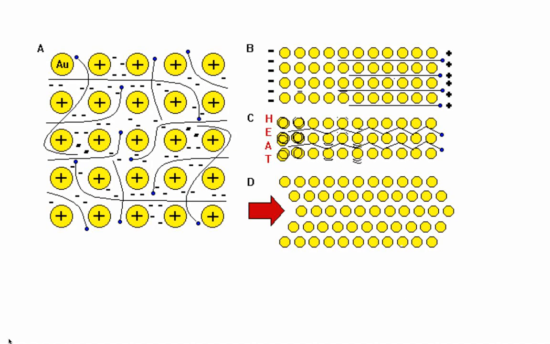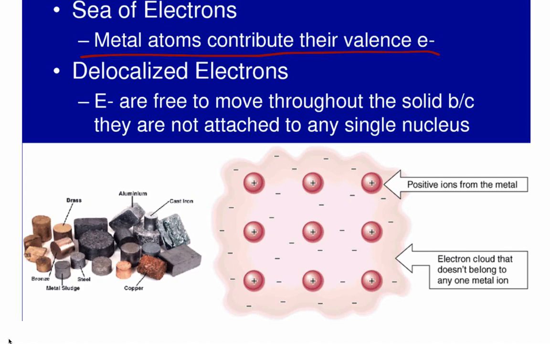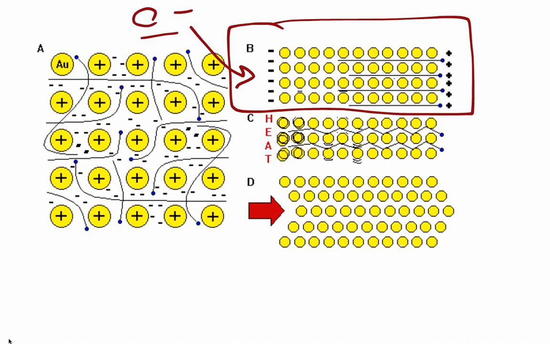So let's think about our properties then. B is an illustration here of electrical conductivity. Remember, electrical conductivity is a flow of electrons. To have our ionic substances conduct electricity, we needed to melt them down or dissolve them in water. Metals, we don't need to do that. Solid metals can conduct electricity because of those delocalized electrons. If there are all these delocalized electrons around, and we apply a charge, if we put in a flow of electrons, there's a path to move through because there are already electrons there. Kind of a similar thing happens with heat.